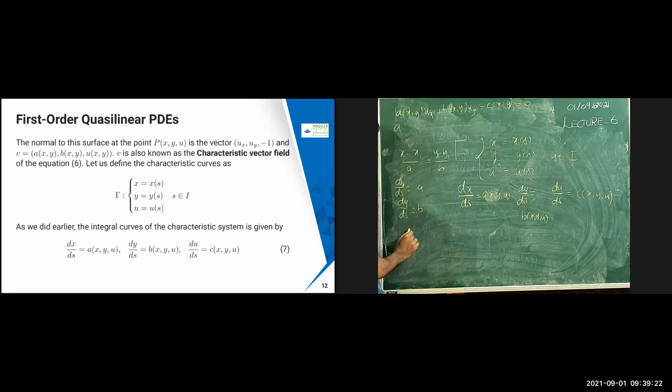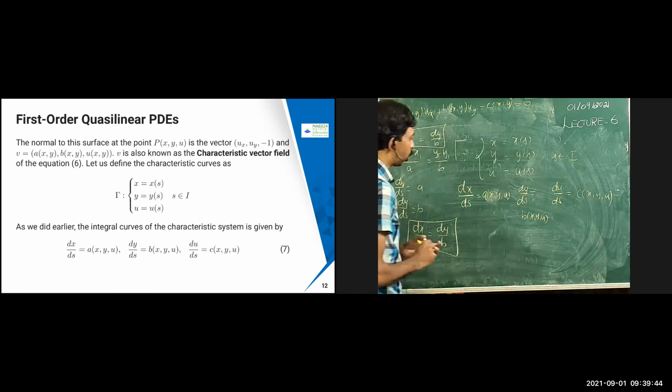Or I can write it as, yeah, the same thing. Or simply what they will write is dx by a. If I take it as an infinitesimal one, I can write it this way. Okay, the same thing I'm writing here. They will write this format, or this format. Both are the same. So that's what we are doing here also.